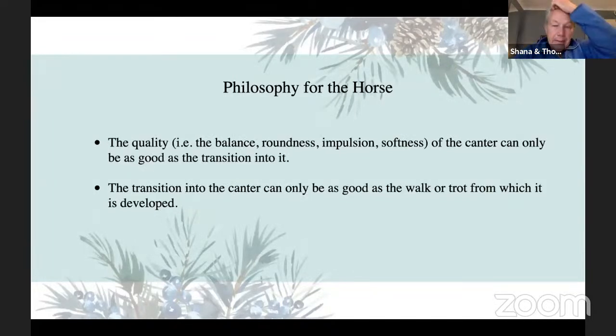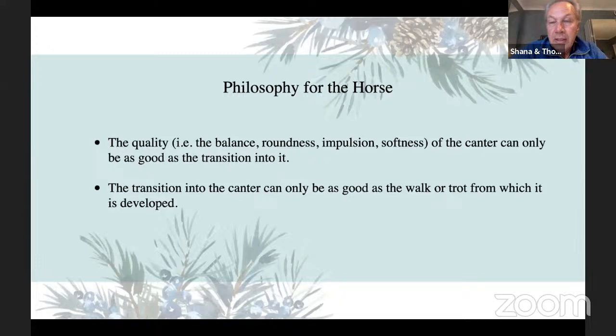So this leads sort of to the next thing, right? The quality of the canter can only be as good as the quality of the transition into it, and the quality of the transition can only be as good as the lower gait, the walk or the trot, from which you ask for the transition. So if your horse is upside down at the walk or the trot, I wouldn't ask for the canter, because then it'll probably get worse. Right? Typically,